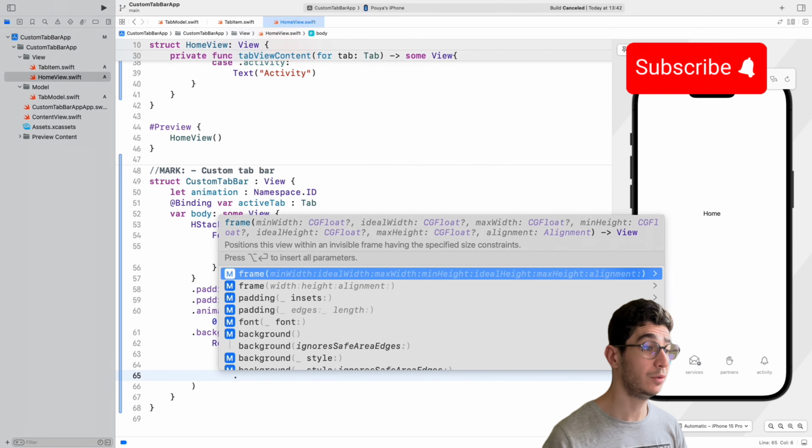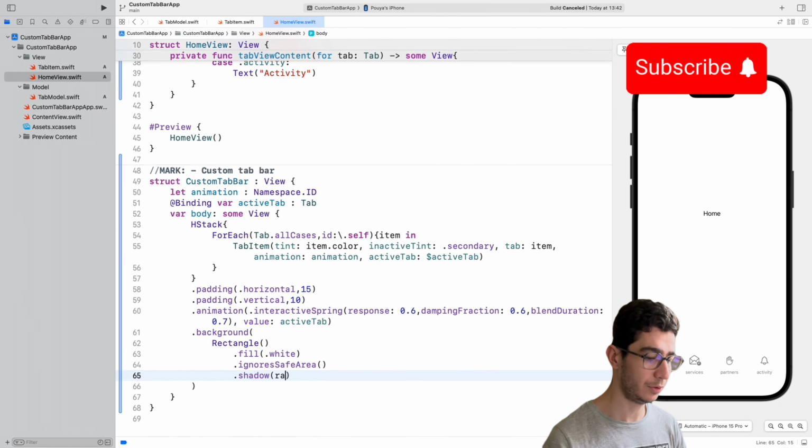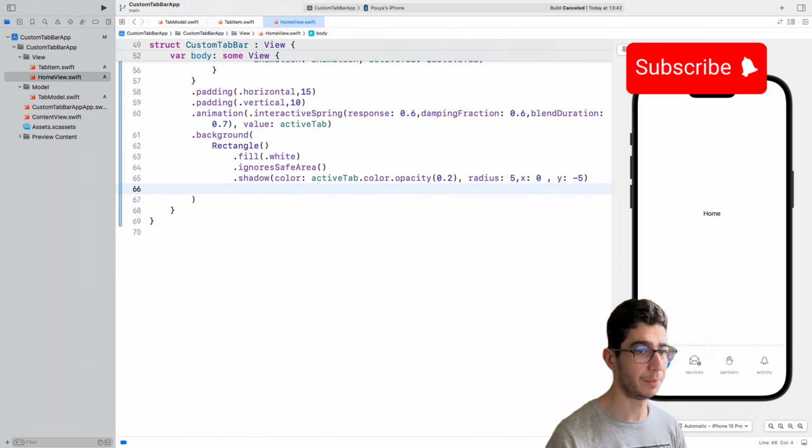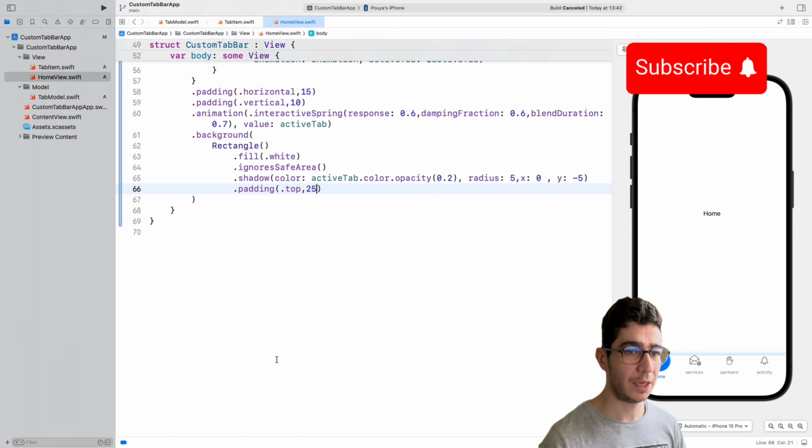And then we have the shadow here. We have to specify the color. So for the color, we pass the active tab color. The radius would be 5. And here we have to pass opacity 0.2. And then we have the x 0 and y minus 5. And then we have the padding, the top, 25. So this is it, and yep, there is some